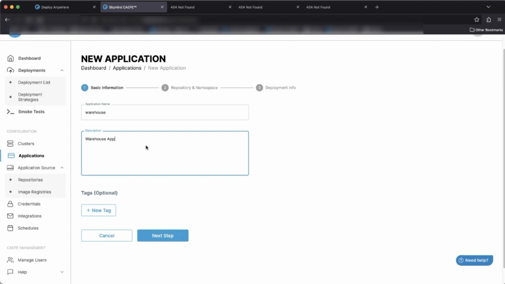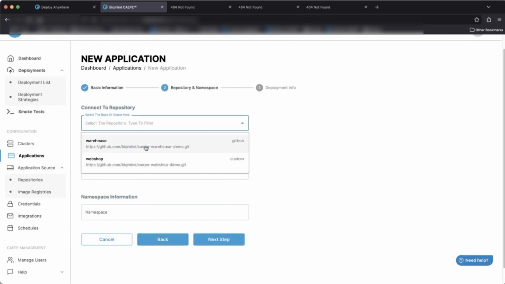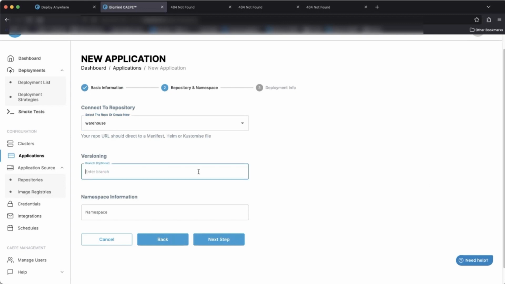So we pop in our name and description, and then we click Next Steps. So now we select our registry. In this case, we want to select our warehouse. We want to select our branch, and this is going to be our default branch. Now, this can be overridden in the deployment, and we'll select our default namespace, which in this case, we're going